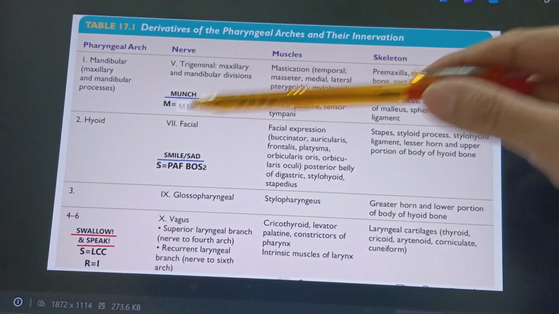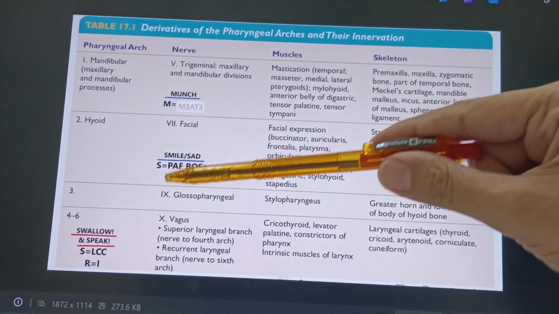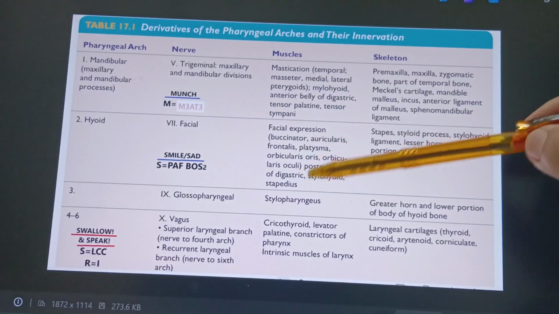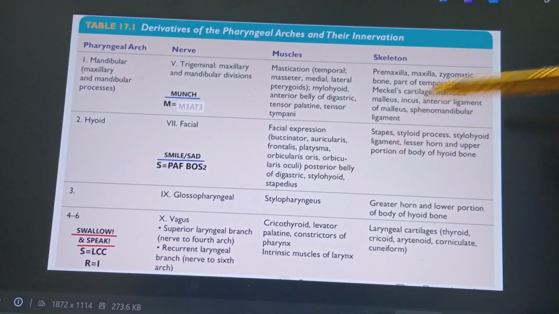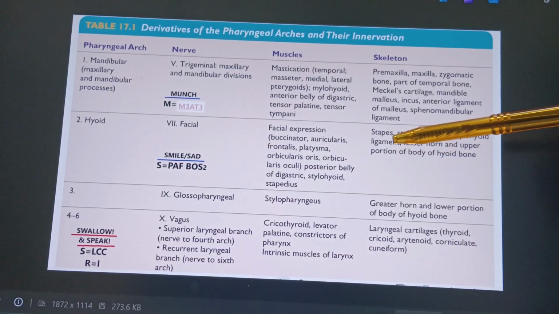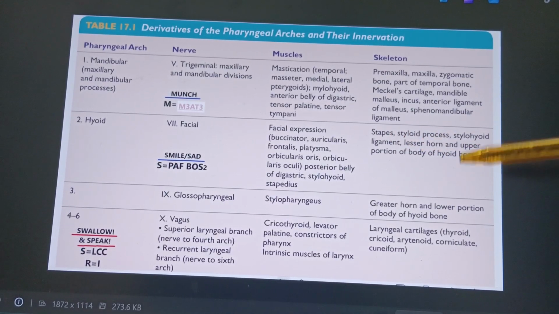This arch is showing the letter S for smile or sad and represents PF boss, initials of these musculature, to make you remember. And the skeleton includes just the stapes, the third ossicle of the middle ear, the styloid process, and